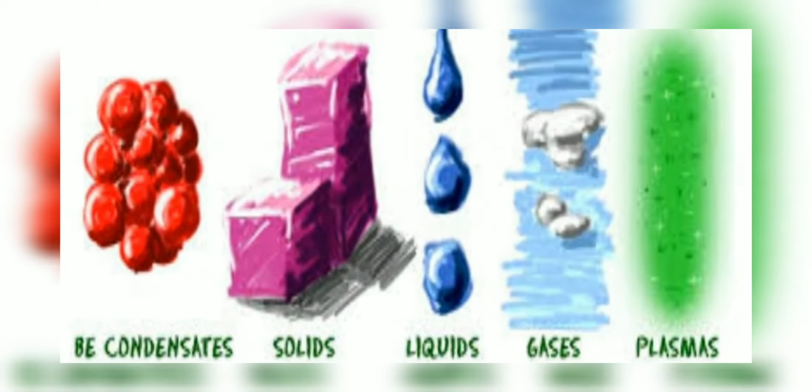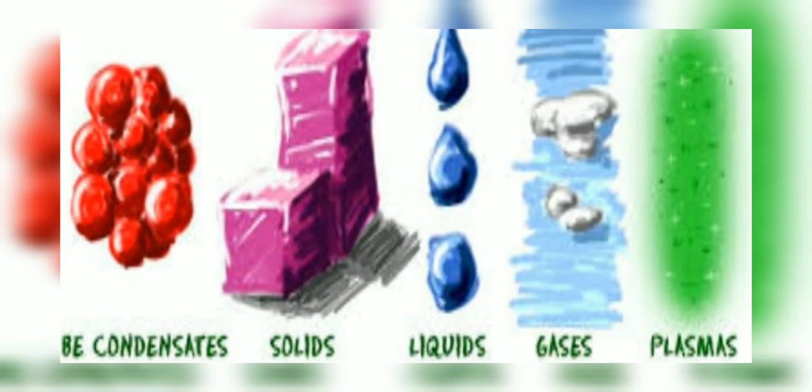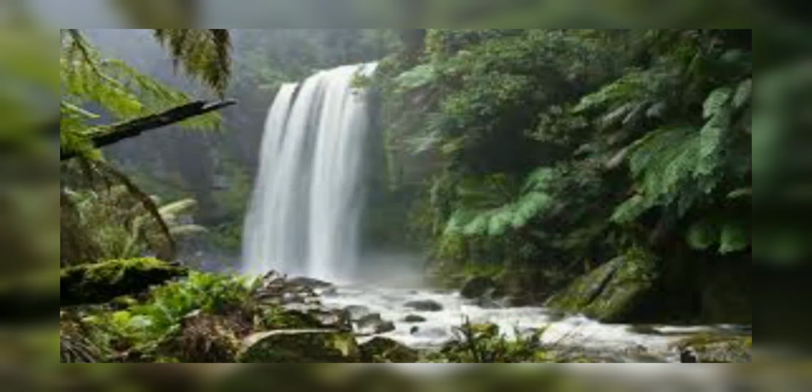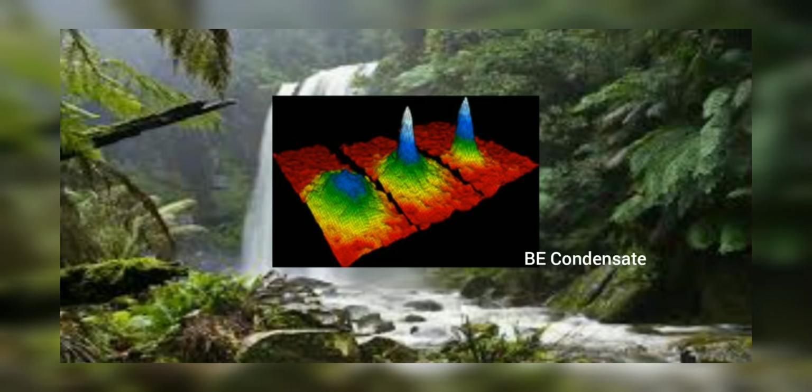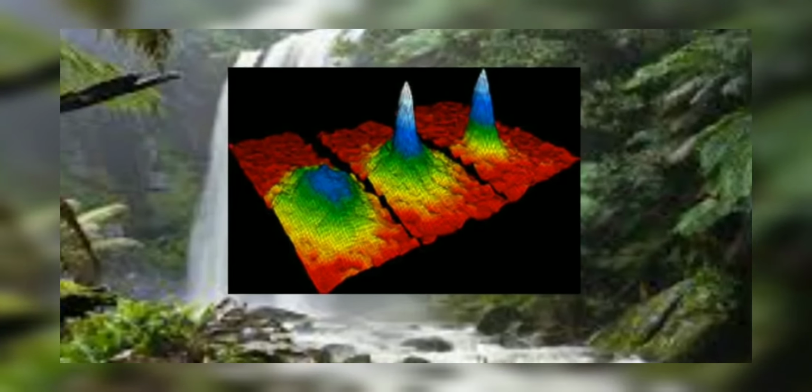In physics, a state of matter is one of the distinct forms in which matter can exist. Four states of matter are observable in everyday life: solid, liquid, gas, and plasma. The fifth state is Bose-Einstein condensate. Many intermediate states are known to exist, such as liquid crystal, and some states only exist under extreme conditions, such